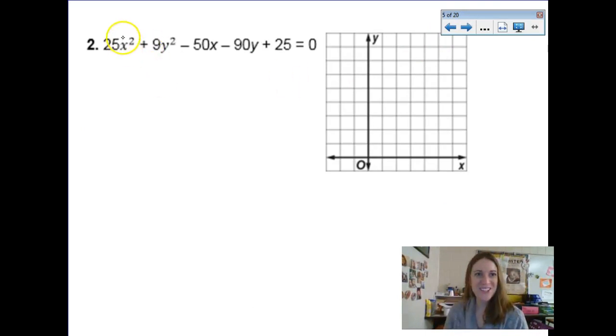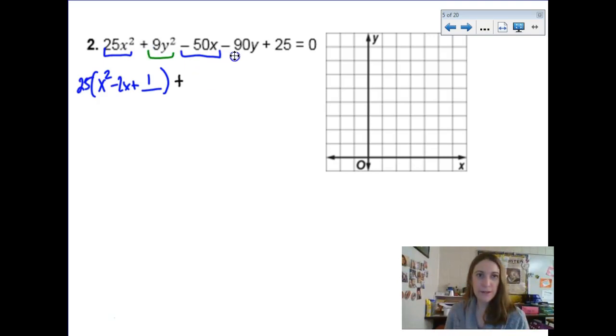Alright, good times. So, we're not in standard form. We're going to need to complete the square again, just like we did on the previous problem. So collecting my x's together, I'm going to save myself some time by factoring out that 25. So this becomes x squared minus 2x, and while I'm at it, I'm going to fill in the blank here. That's a 1. Negative 1 squared is 1. Plus